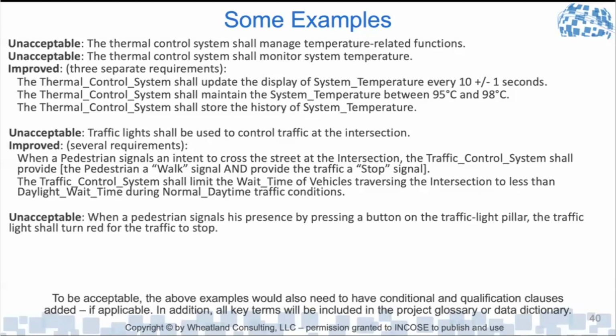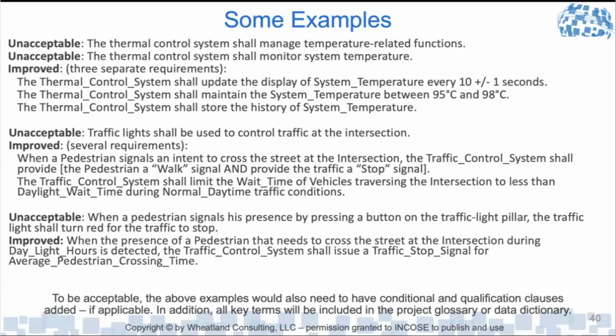So the last one here is: when the pedestrian signal is present by pressing a button on the traffic light pillar, the traffic light shall turn red for the traffic to stop. A whole lot of stuff in there. There's a pronoun, there's a specific implementation, assuming there's going to be a button, that there's going to be a